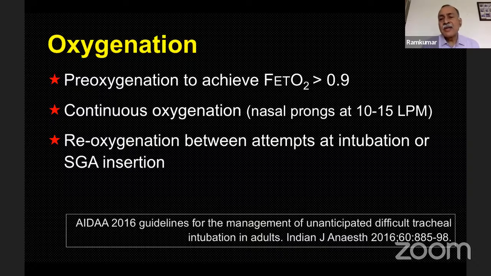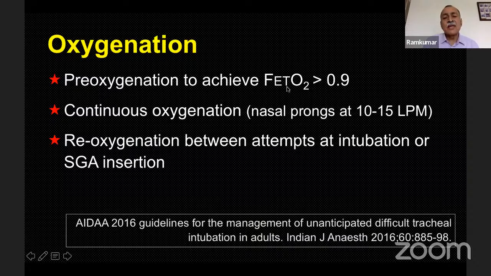What was it filled with earlier? It was filled with 2.5 liters of air, which had only 20% oxygen, which means that if you take 2.5 liters as the functional residual capacity, at the start of pre-oxygenation we have only 500 ml of oxygen inside the lungs. But if you adequately pre-oxygenate your patient, and I'm not going to go into the technique, adequate pre-oxygenation can be 3 to 5 minutes of normal tidal volume breathing, or it could be vital capacity breaths. 4 to 8 vital capacity breaths can be done. You can do 1 minute of vital capacity breaths. Several things have been described in the literature,